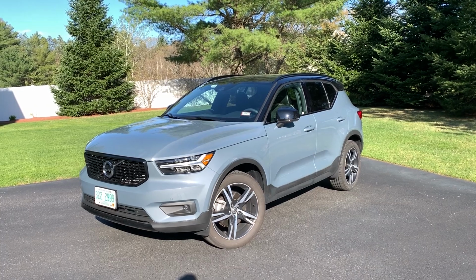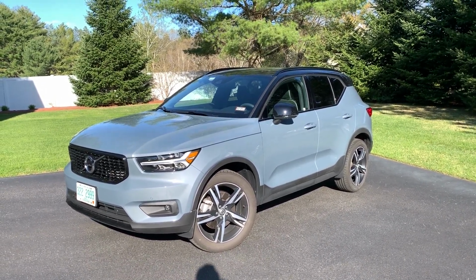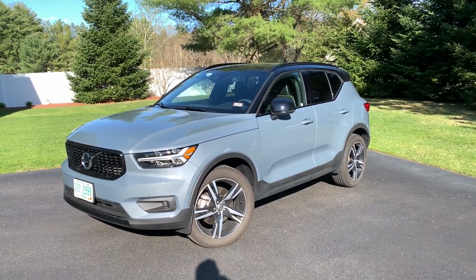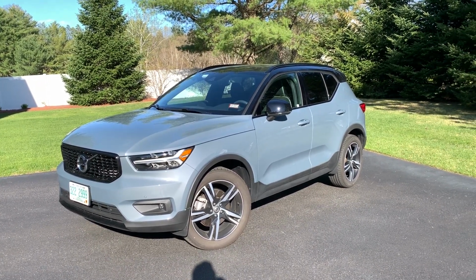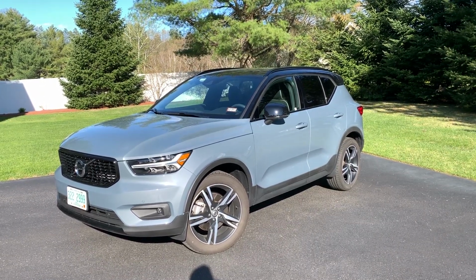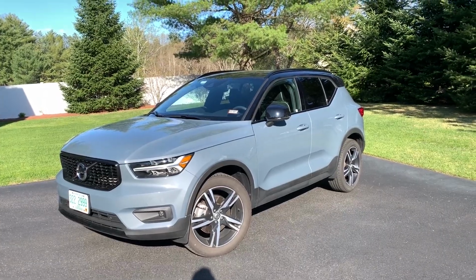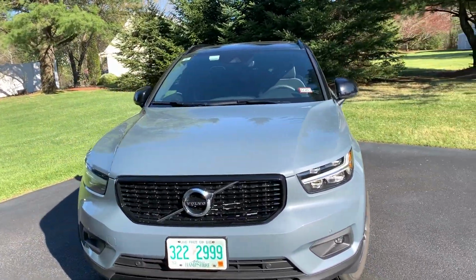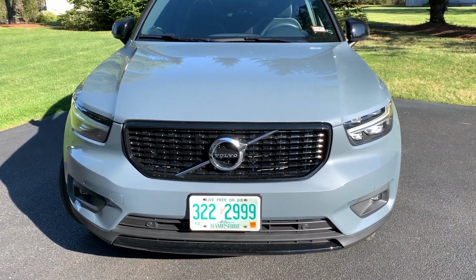So this thunder gray actually reminded her of dolphin gray, which she had on her 2003 Saab convertible, Saab 9.3, the last year for the old generation 9.3, for those of you that are Saab fans. So she absolutely adored this color and absolutely wanted the black top on the XC40, which comes specifically with the R-Design trim. A few other specific R-Design elements are going to be this blacked out grille up in the front,